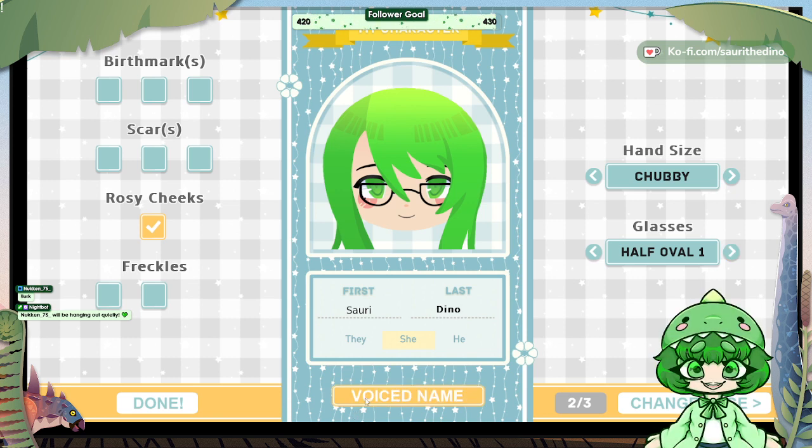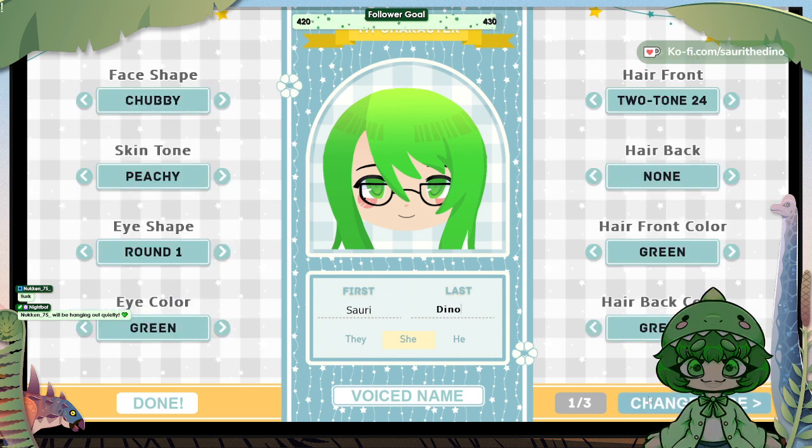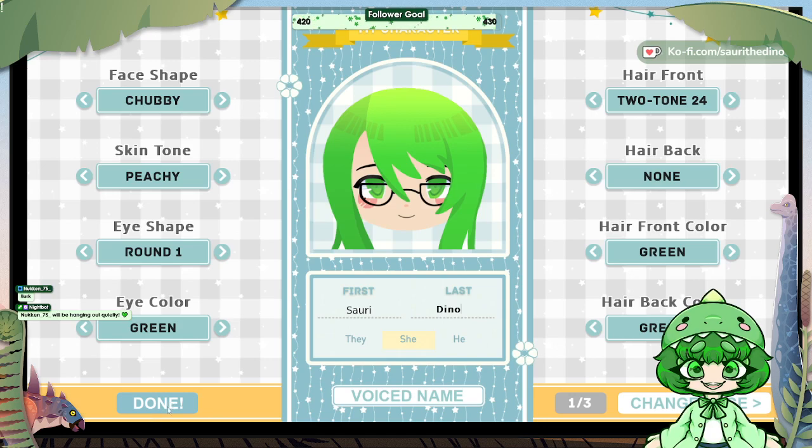I mean, those are cute. Yes. Yes. What's next? Oh my goodness, so many options. No. Scar in the leg, sure. Dresses. Necklace. That's good. Alright. Done.